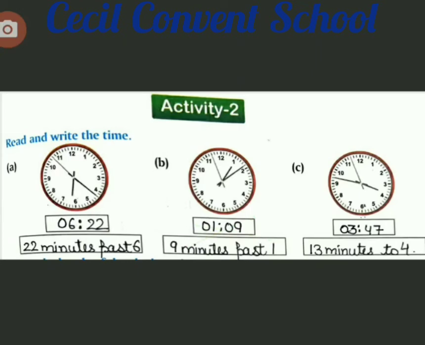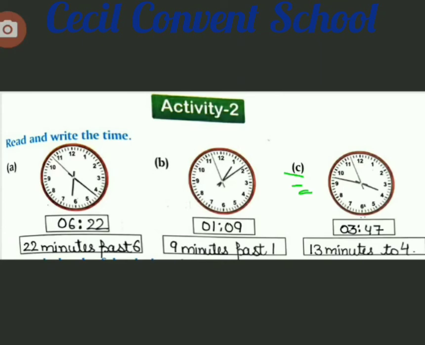Firstly, it is between 3 and 4. We write 3. Now see, the minute hand is between 9 and 10. If it is on 9, we consider 45, then 46, 47. So we will count the small lines. After the number, the first division will be 1, then 2. In this manner you have to count. And with that number, you multiply by 5 and then add that 2 also. It will come to 47.